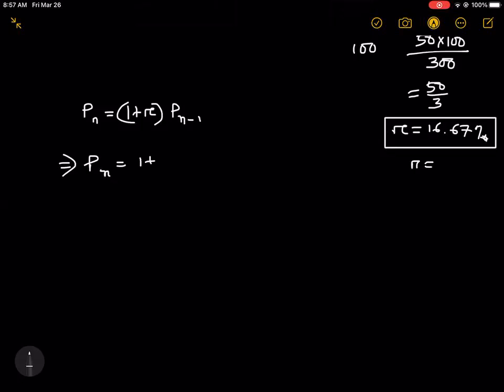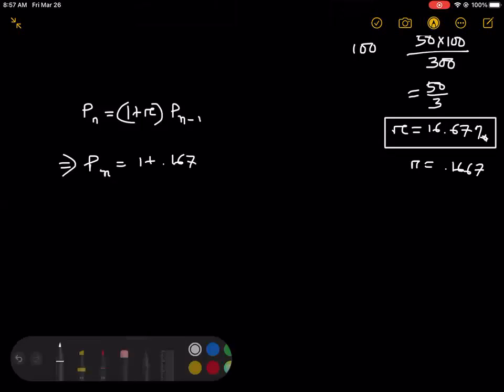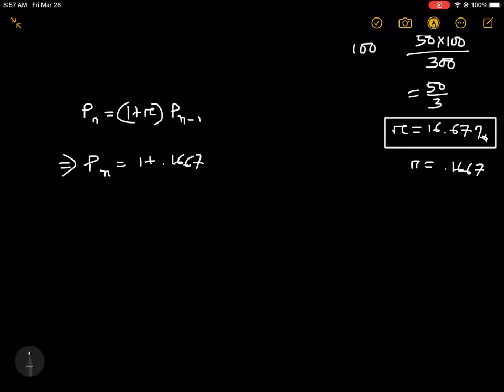You might say 0.167, or if you want, you can keep it up to 4 decimals, or 3 decimals rather. You don't need to take more than that. Times Pn minus 1. So it should be 1.1667 times Pn minus 1. So this should be your recursive formula